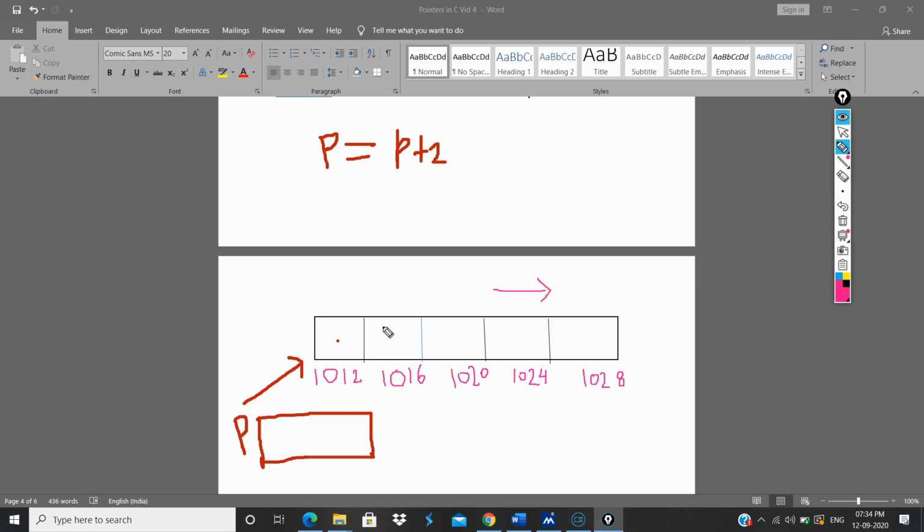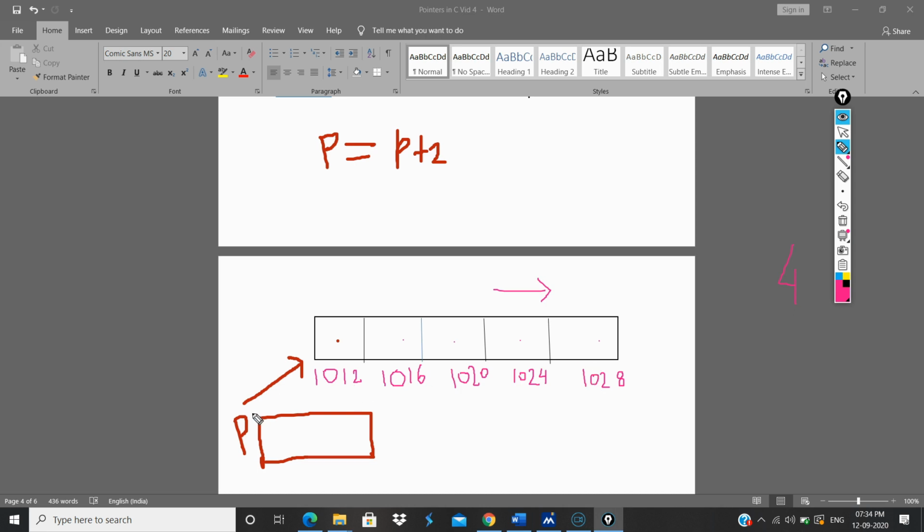I assume, it's just an assumption, that addresses are basically generated randomly by the machine. So I am assuming that the first subblock has an address of 1012, and since it is a contiguous block of memory, in my previous video I explained that every subblock will differ by 4, because each of these subblocks contains an integer, and an integer takes up 4 bytes of space. If you do not understand how these addresses are allocated, please refer to my previous video. I have already mentioned this, so I will not get deep into it.